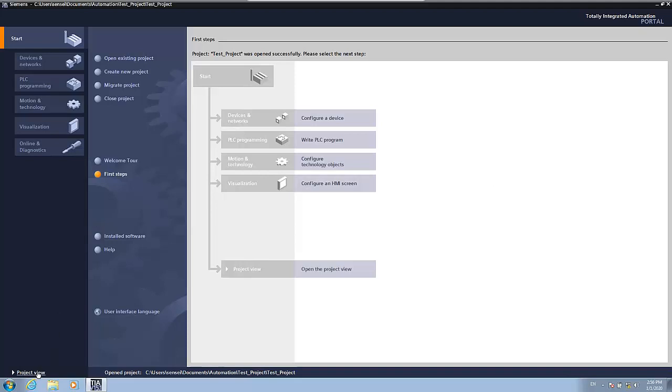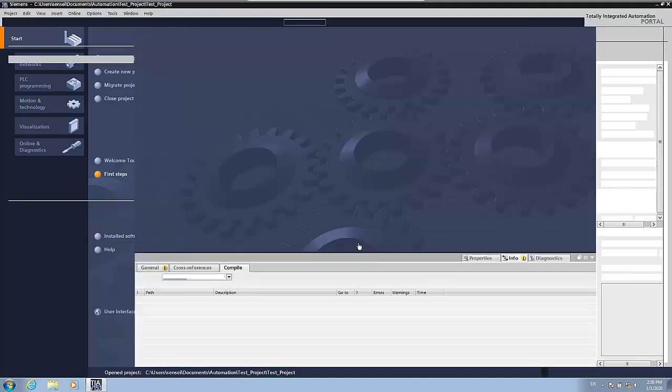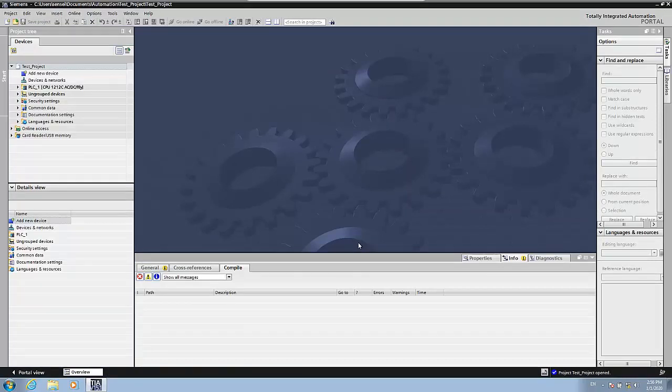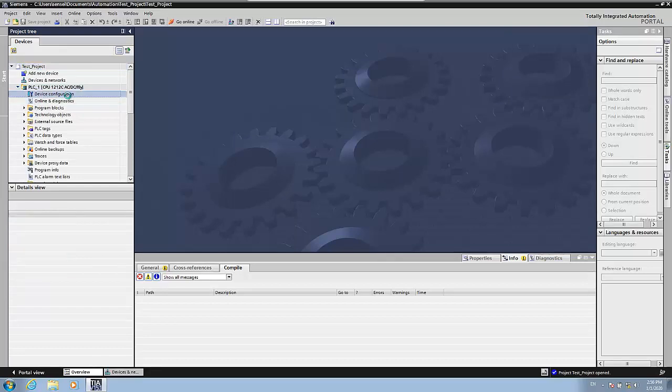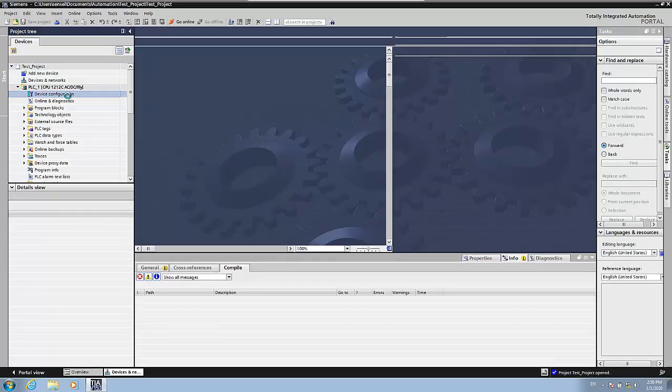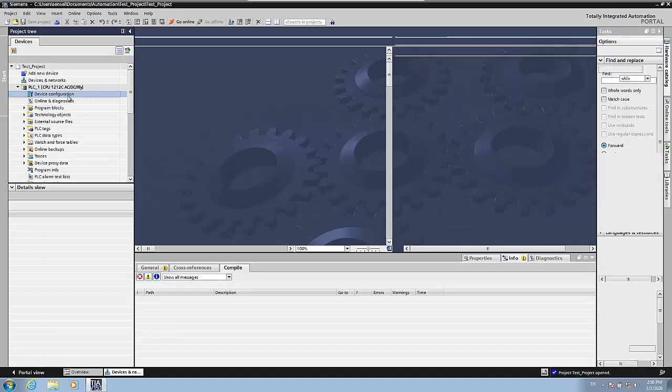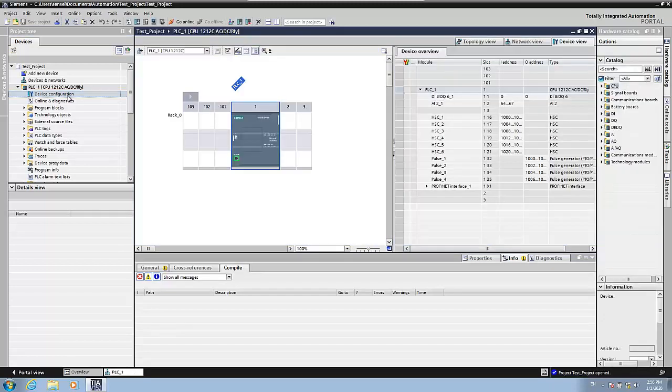I go now to the project view. Sorry, it doesn't change automatically. My bad. Now, as we change to the project view, we will be able to check here in the device configuration the address of our